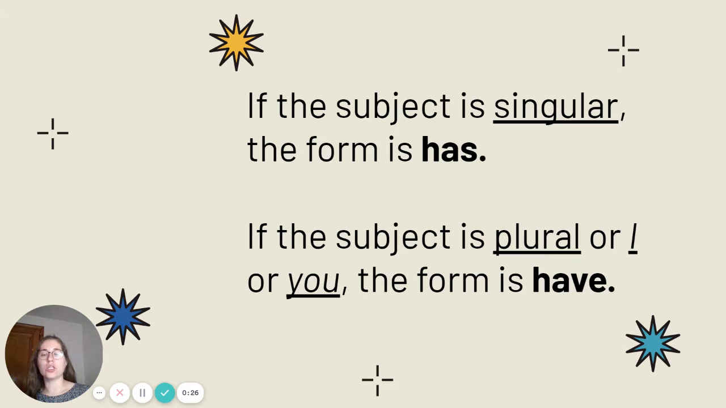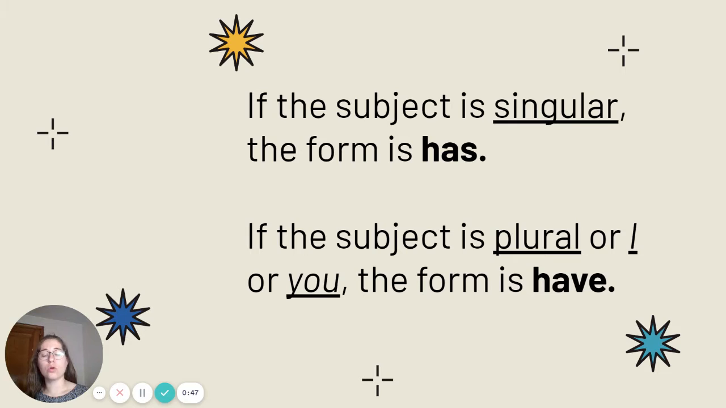If the subject is singular, which means there's just one, the form is has. Like she has a dog. She is singular, so the form of have is has. She has a dog. If the subject is plural, or if it is I or it is you, the form